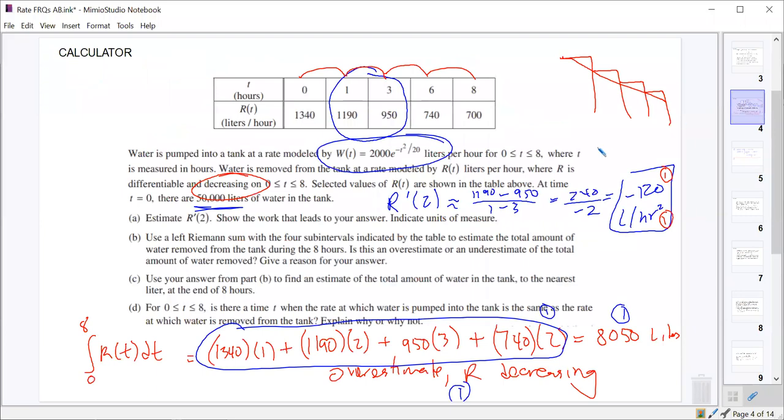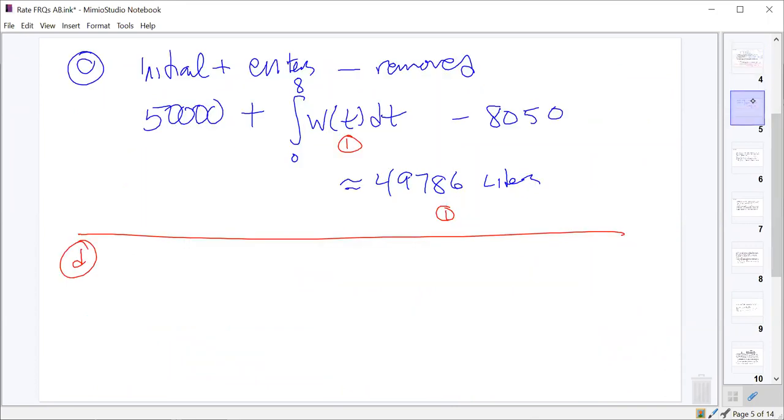All right. And then part D says for 0 to 8, we want to know, is there a time t when the rate at which the water is being pumped into the tank is the same as the rate at which the water is being removed from the tank? And so in order to figure out if those rates are ever the same, what we need to do is look and see if the value going into the tank is ever equal to the value leaving the tank,